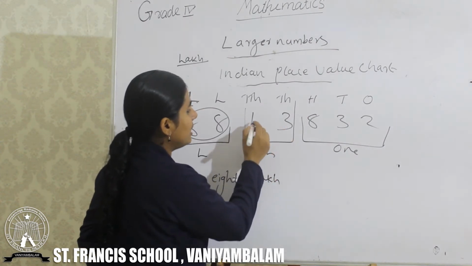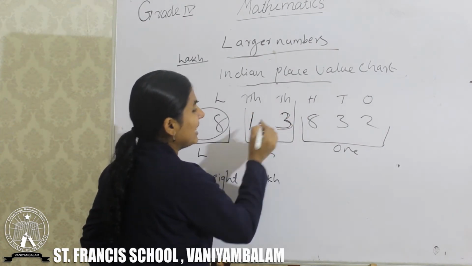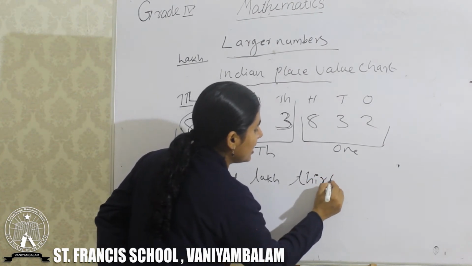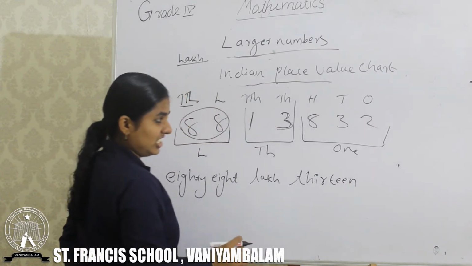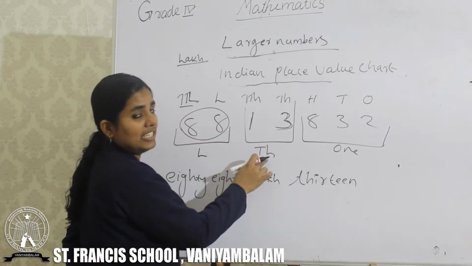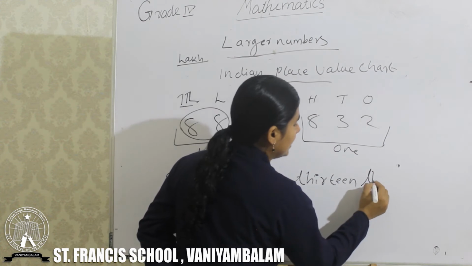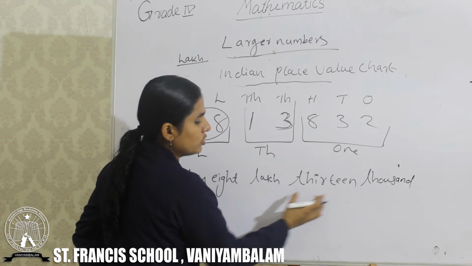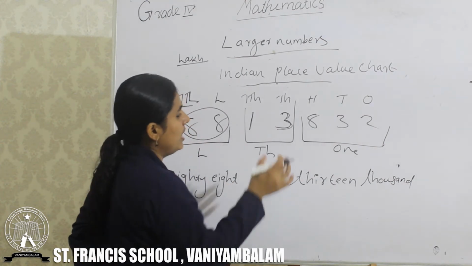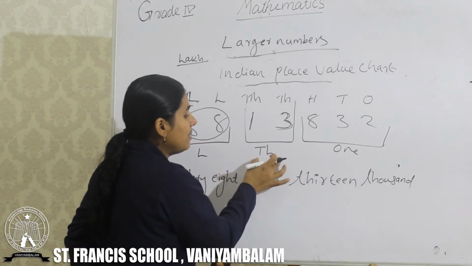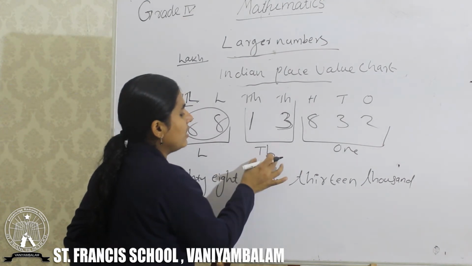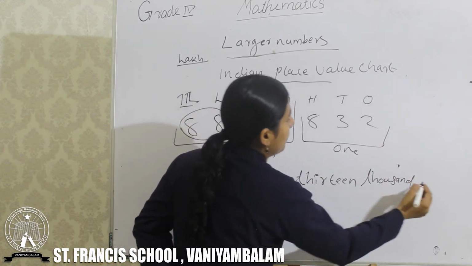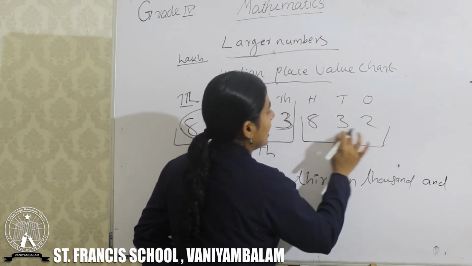Next we have the thousands family. Which number is this? Number 13. Thirteen. Thirteen stands in the thousands place, so that is 13,000. Every time we also want to write the place together with the number, otherwise your answer is wrong. Then the last part and this part we want to read together.